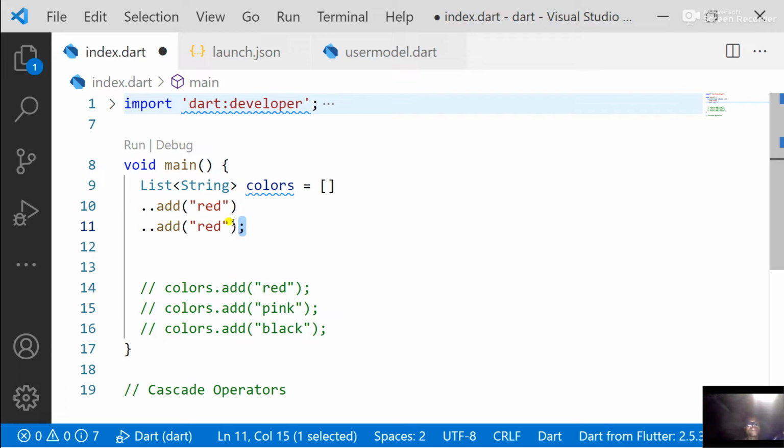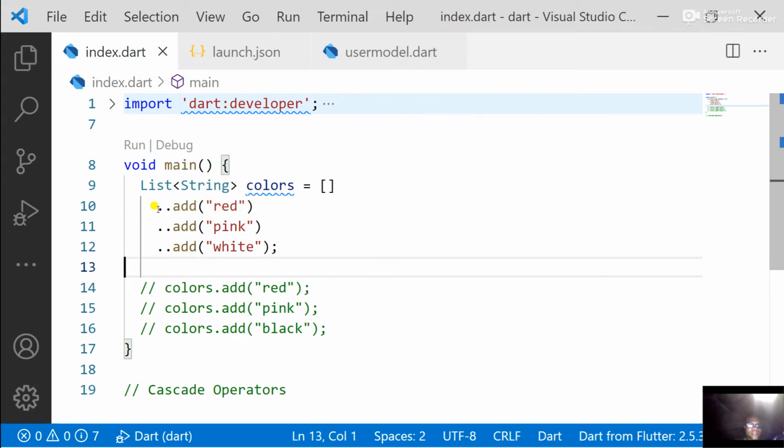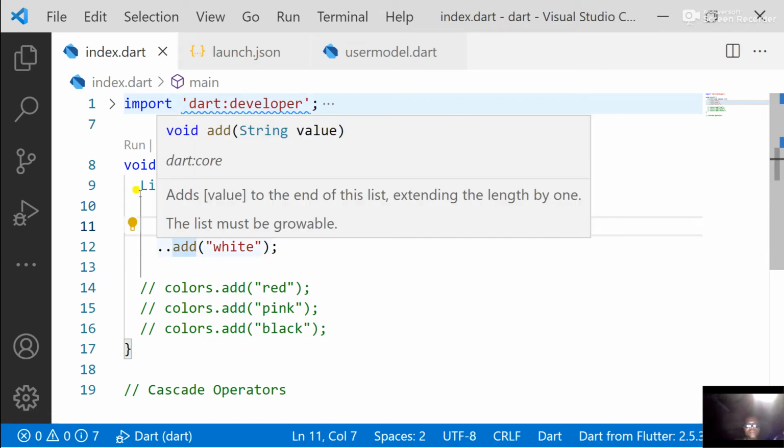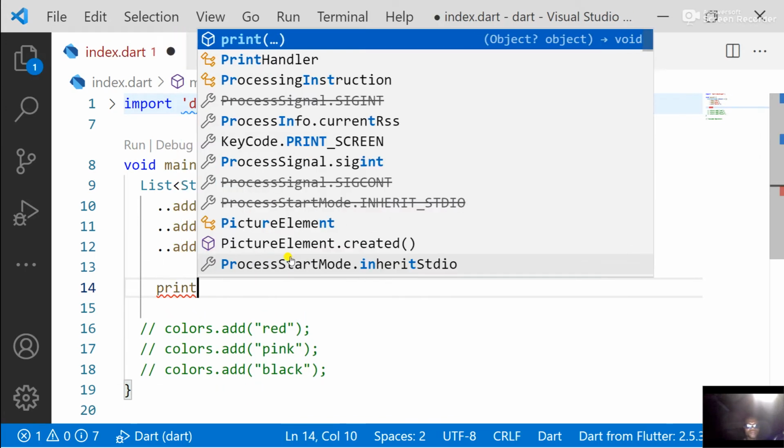So if you're going to add another one, make sure the semicolon is at the last one. So here the 2 dots is called the cascade operator, and it represents this object here. Now if you go ahead and then print